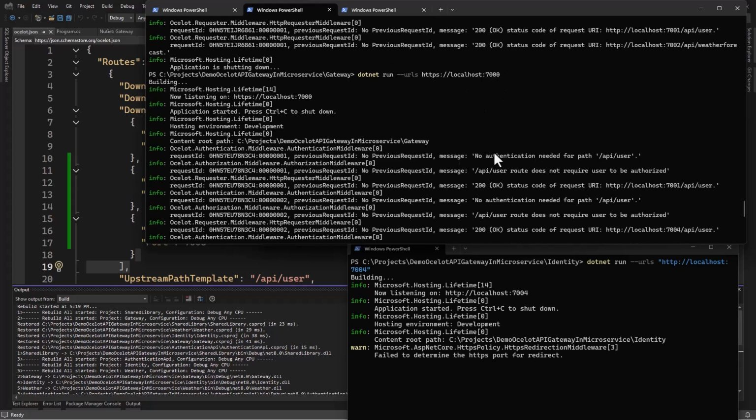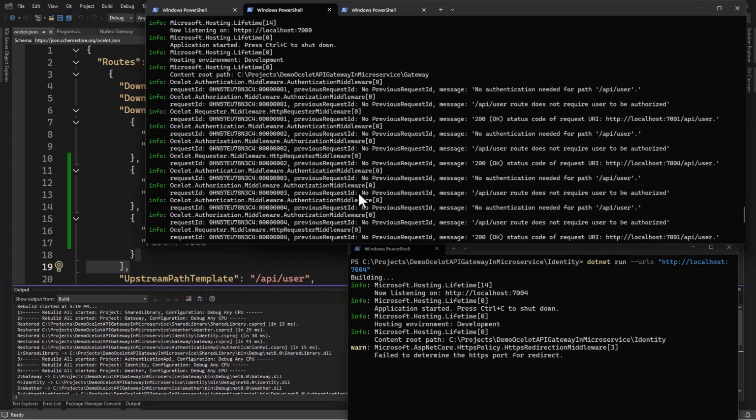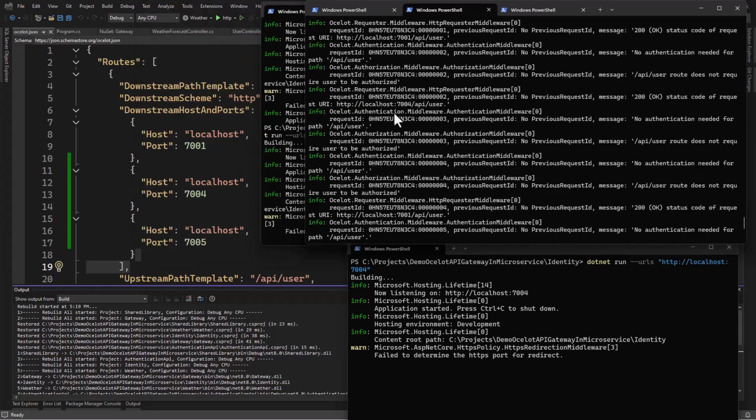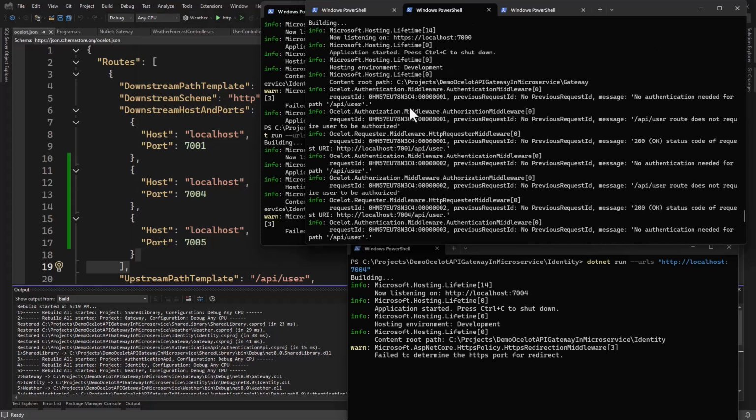Now this is the first call that we made, and we made this call to API/user. And with this call that we made, do you have any address? Do you have any port specified? Let's go through and check. Yes, I think we can find it from here.